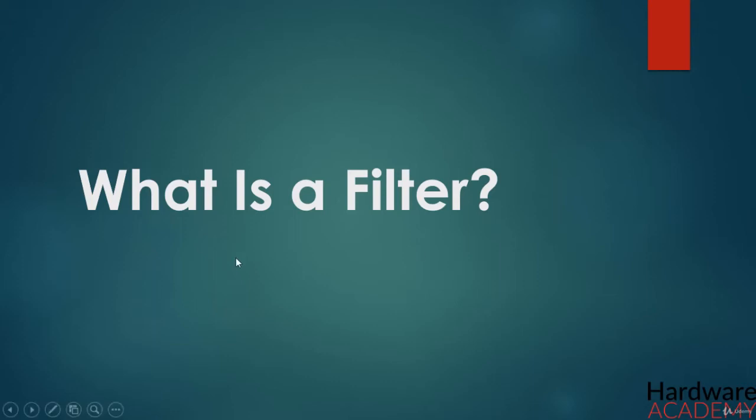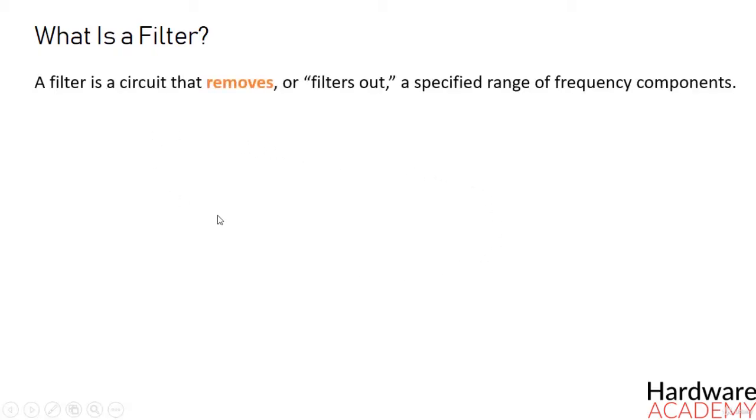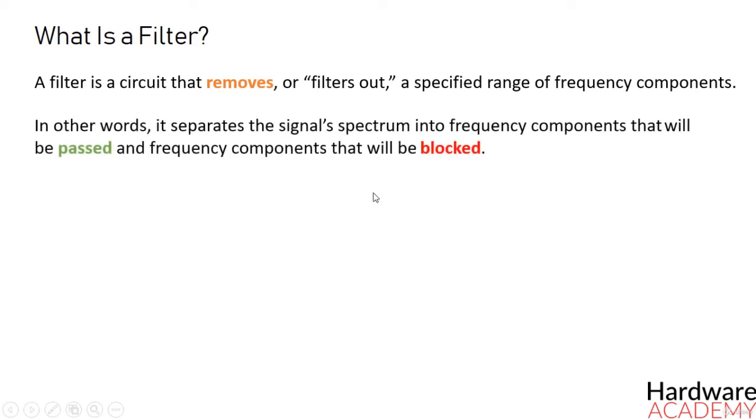Now that we understand the difference between time domain and frequency domain representation, we can ask the question, what is a filter? A filter is a circuit that removes or filters out a specified range of frequency components. In other words, it separates the signal spectrum into frequency components that will be passed and frequency components that will